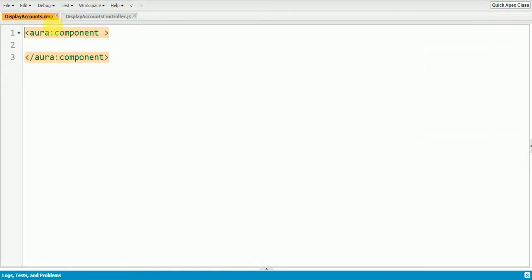I'm going to create two attributes in my Lightning component. One is to display the data and the other attribute is to display which columns need to be shown in the table.